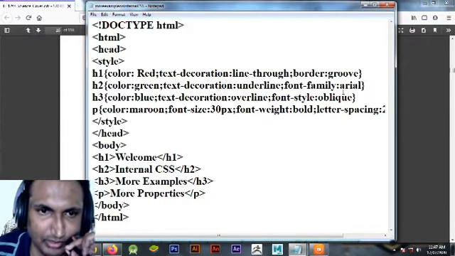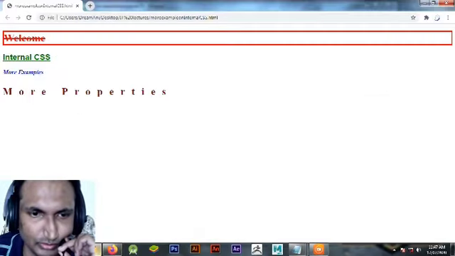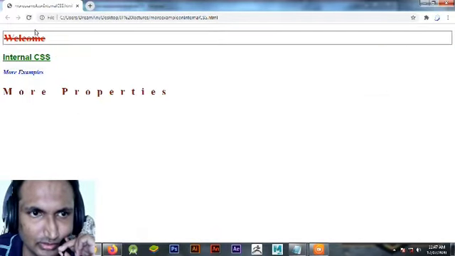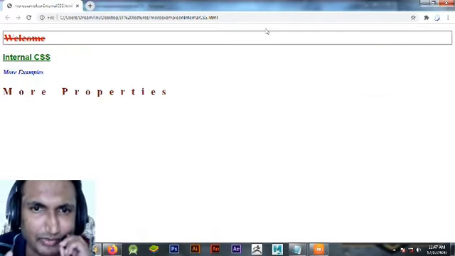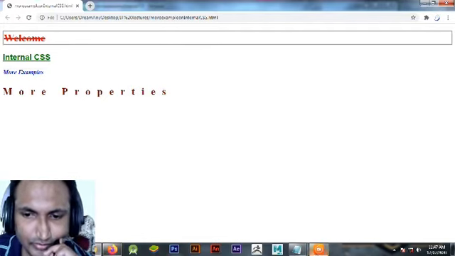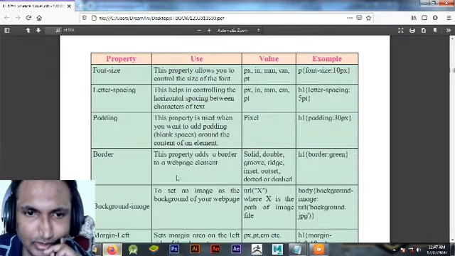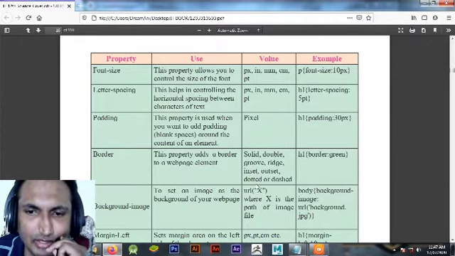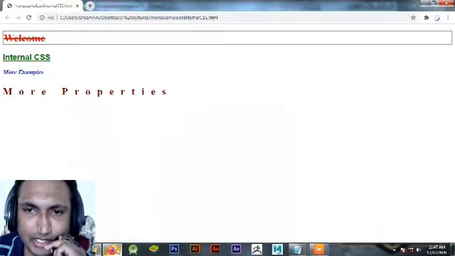If I give groove, let's see how it appears. Groove appears like faint lines. Okay, so this is about border. You can try ridge, inset, outset, all of them. We will try dotted and dashed.